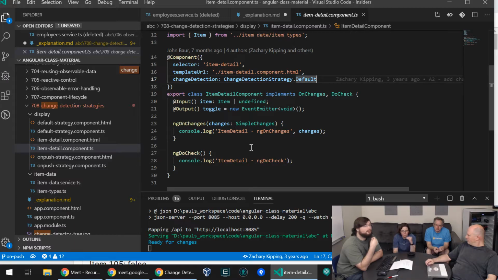I feel like we should remove it. I feel like the async pipe is irrelevant to this example because it has nothing to do with the inputs. So how do we capture the merit of the async pipe? I think what you need is a component that makes a backend call and shows the results on its own view, and it uses OnPush. And you switch it from on. Yeah, have two copies of it. One that uses OnPush, one that uses default, and show how